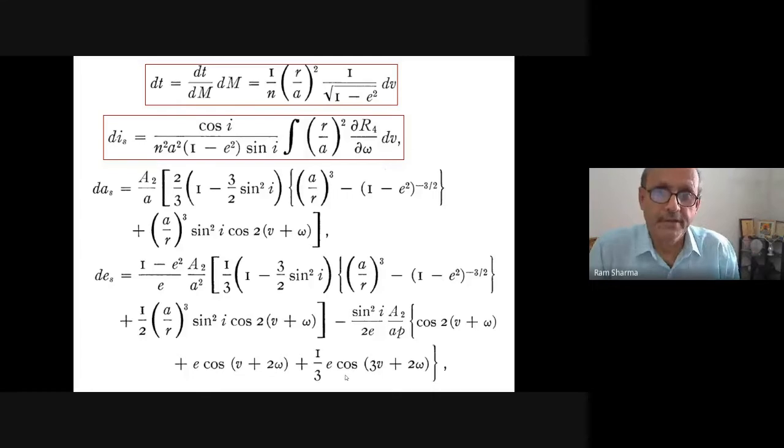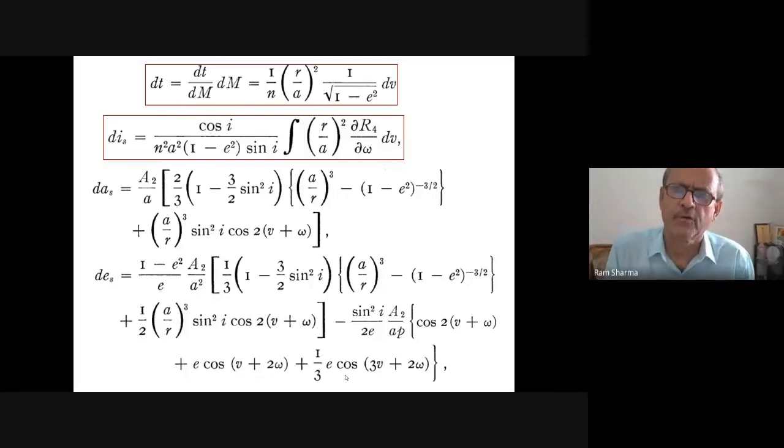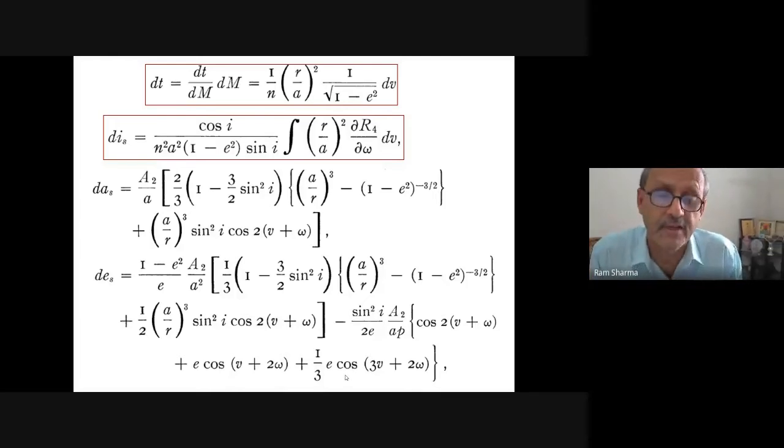So the short periodic terms, wherever true anomaly or mean anomaly will come, V is working only with true anomaly. So true anomaly will come. They are all short periodic. This is change in short period. Whatever oscillations I showed you in my earlier lecture, that it can vary by some 30 kilometer. So this comes by this. And similarly in the eccentricity, the same method he uses. This is the expression for the eccentricity.